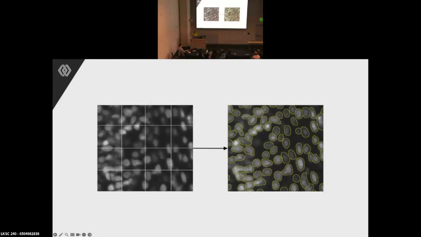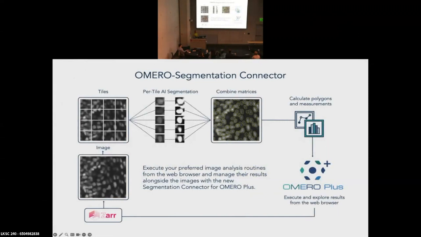Well, what we want to do is divide this image up into tiles, more manageable chunks of data, and then run our analysis on those chunks of data and then pull everything back together. And so that's exactly what we built with the OMERO segmentation connector, which takes your original images, allows you to divide them up into tiles, run your per tile segmentation, then pull everything back together, which if you've ever done this is trickier than it sounds, right? Because you want to have some overlap between those tiles and make sure you don't miss objects on the tile boundaries. But then you're left with, let's say, millions of objects across your image. And then you want to measure a bunch of interesting features about each of those objects